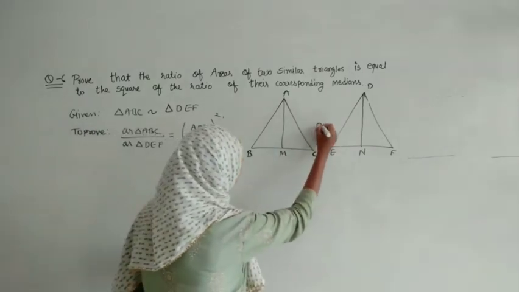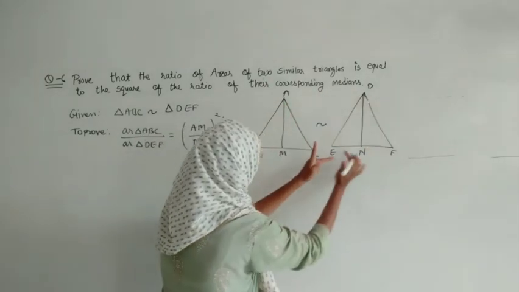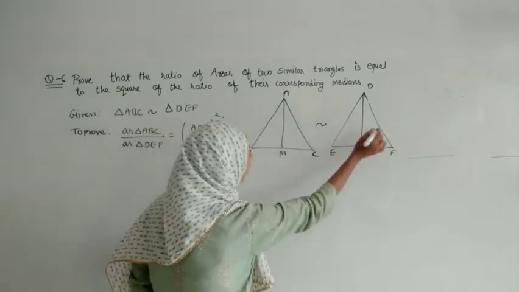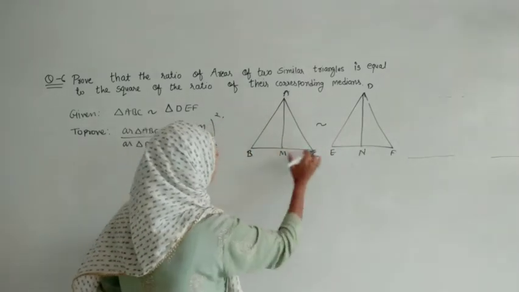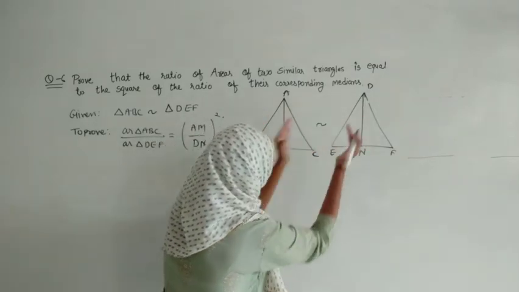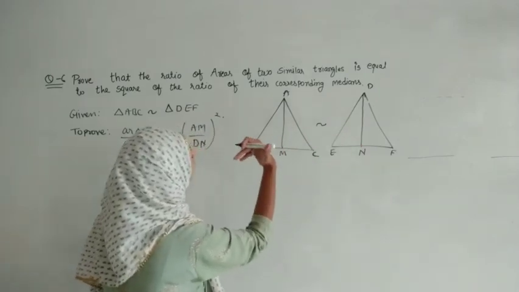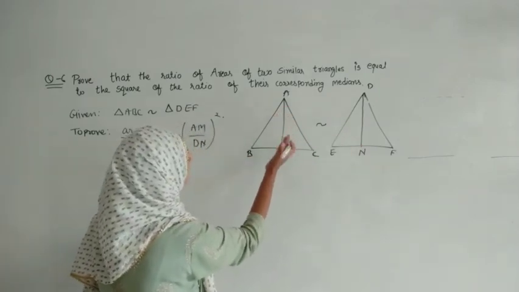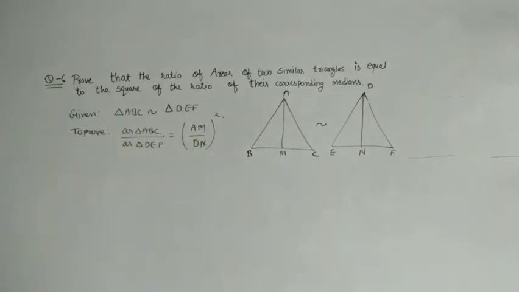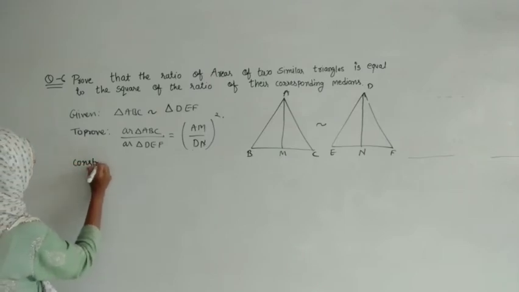They gave us these two triangles as similar. So first we can take this whole large triangle and say that the ratios of all their sides are the same, as well as all their angles are the same. Then we will take one portion of this triangle and one portion of that triangle, means two small triangles, and we will use some criteria for those and prove it in an easy way. So let us do one construction over here. Let me write construction.